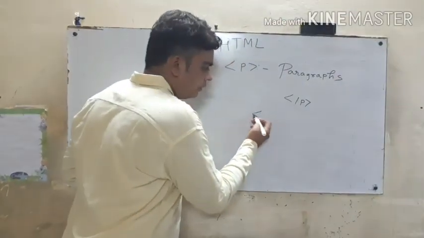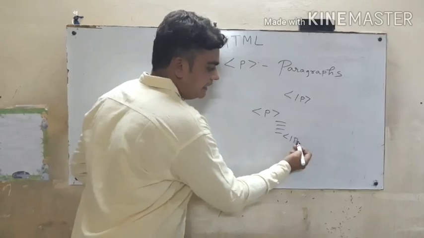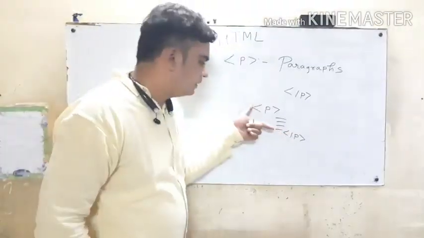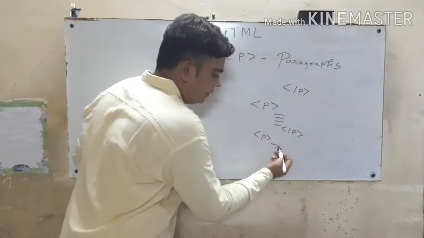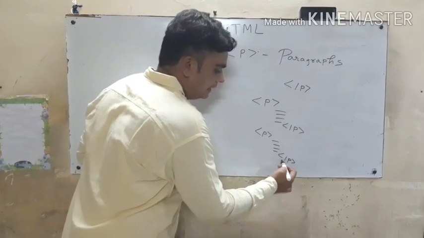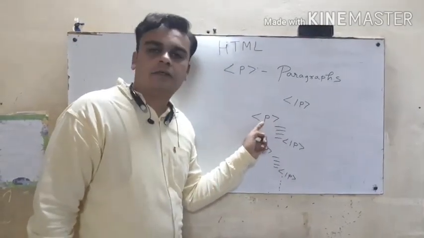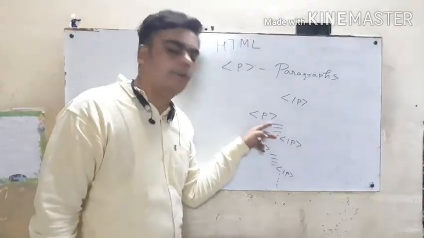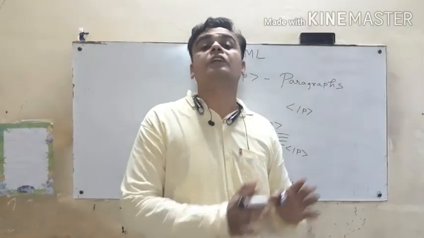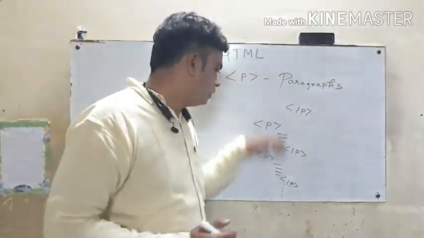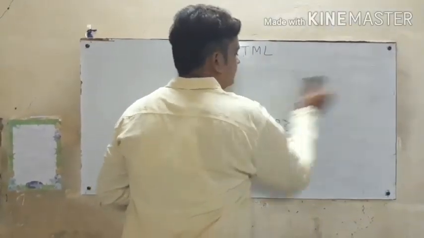What is the general format, or syntax? We can write P, then our actual information, then /p. Suppose I am writing one paragraph, then my general format is this. But if I am using two paragraphs, then it is like this, and so on. In this way you write the number of paragraphs with the P tag and /p tag followed by information, and it will show different paragraphs in your web page. All these four points should be covered in the P tag. Now we switch to our next tag.